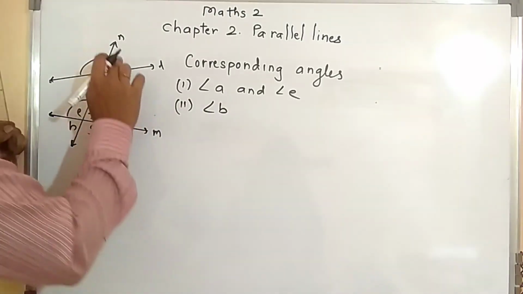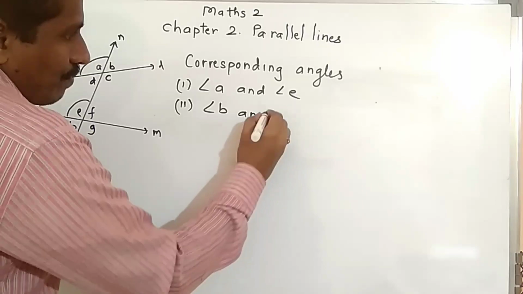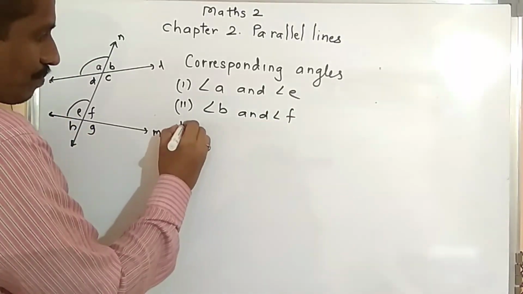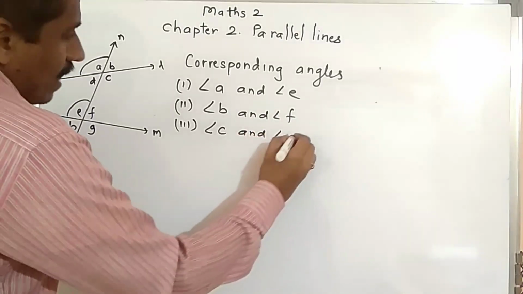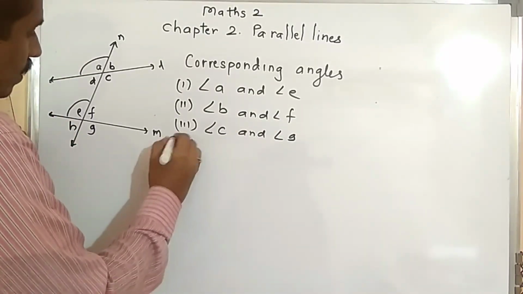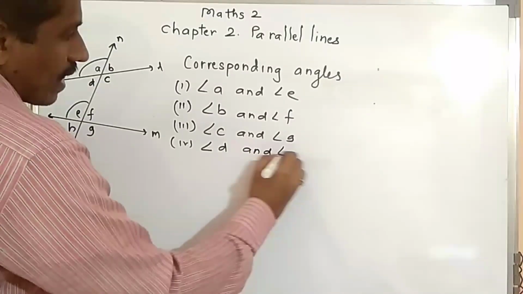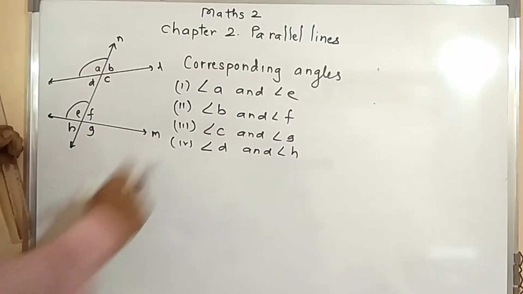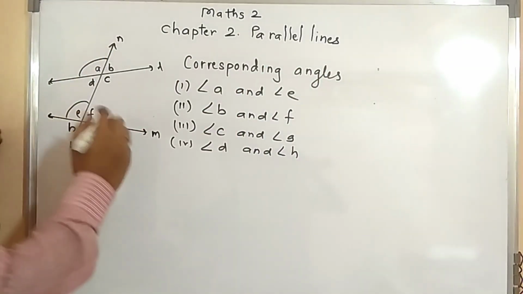Angle B, look at the board, angle B and angle F. This is the second pair. Angle C and angle G, and the fourth one, angle D and angle H. These are called pairs of corresponding angles. Then the second type,